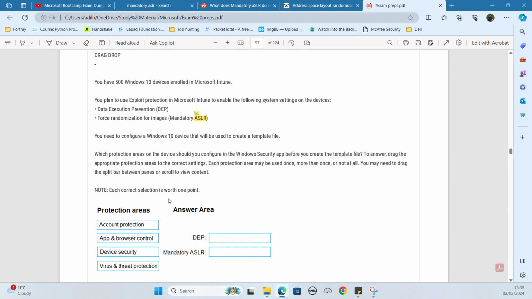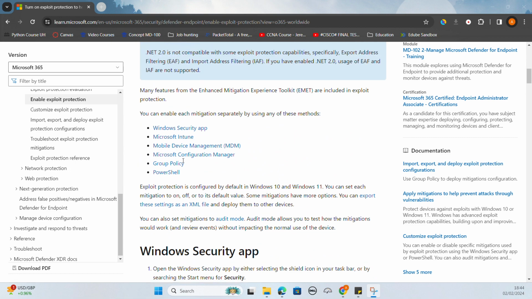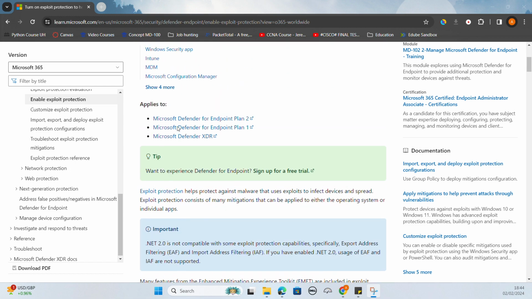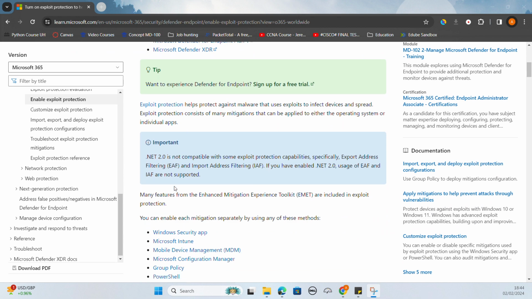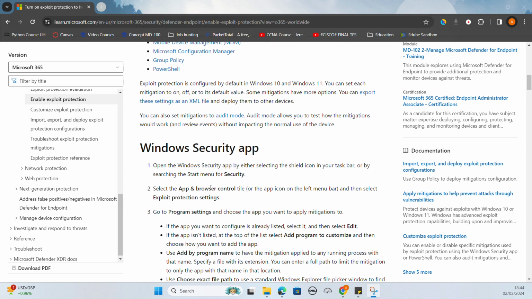I will add a source here which you can read to find where you can find these settings in Intune. So here are the settings. You can find enable exploit protection, and if you go to Intune and then the Windows security app, there you can do